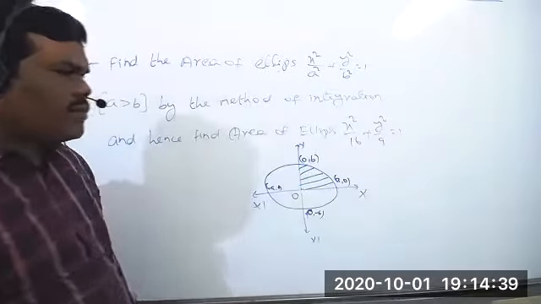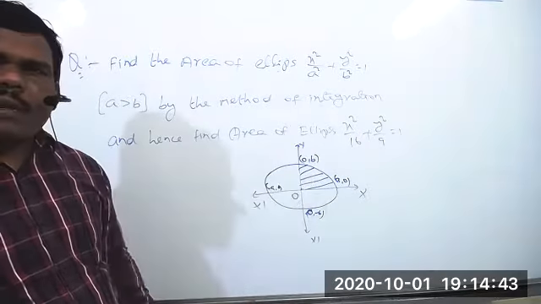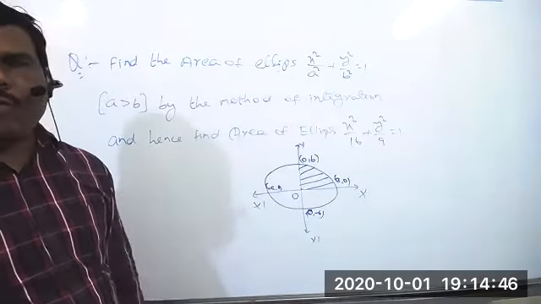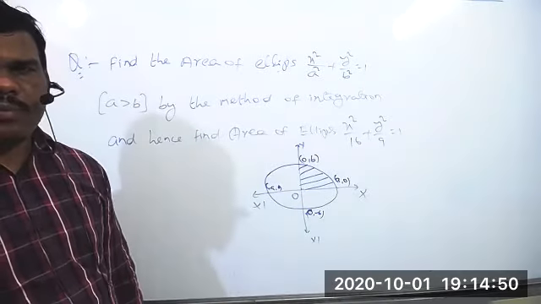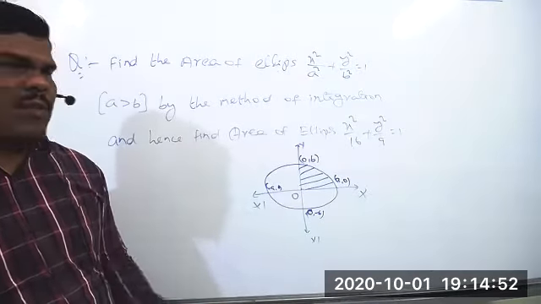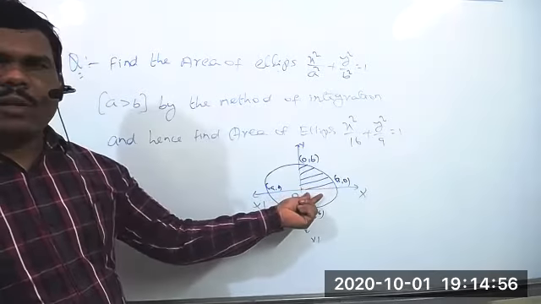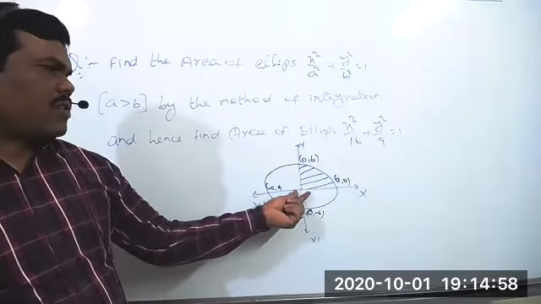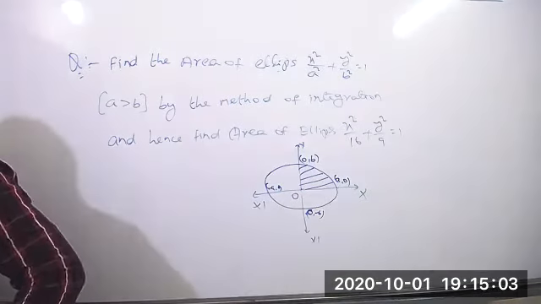It's like the area of the circle, the same procedure again. You can find the area of one part, then take 4 times, and then we get the area of the ellipse. That means 4 into the integration, and the limits are 0 to a. We take it on the x-axis, so the limits will be from 0 to a.